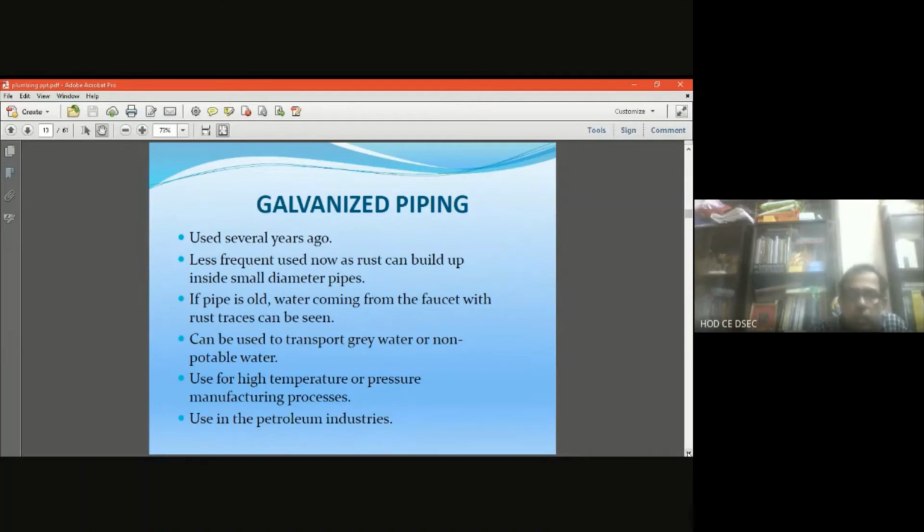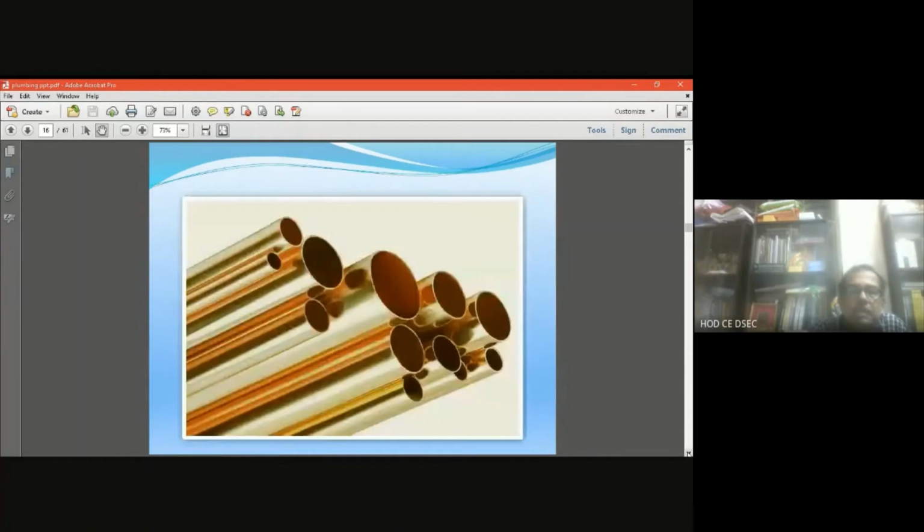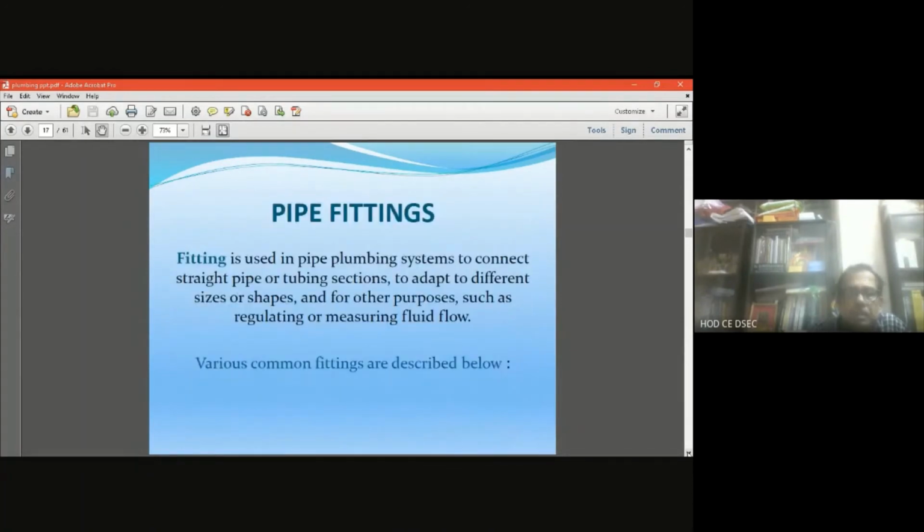So today I have described the piping. Similarly, there are brass pipes. Pipe fittings: already I have discussed various types of pipe valves, valve fittings with the pipeline, but there are various interesting fittings that will be discussed in the next class. So the lecture today I'll close for the day.